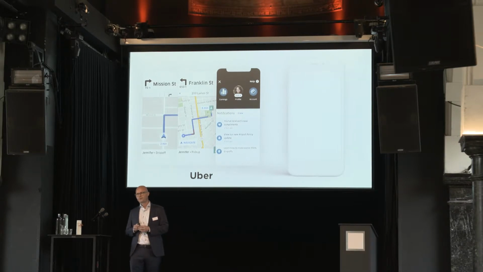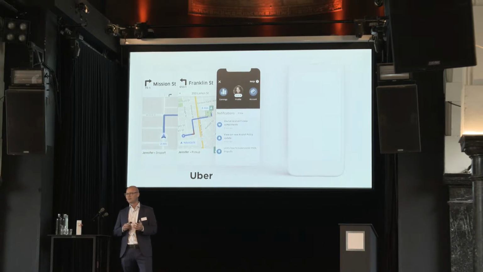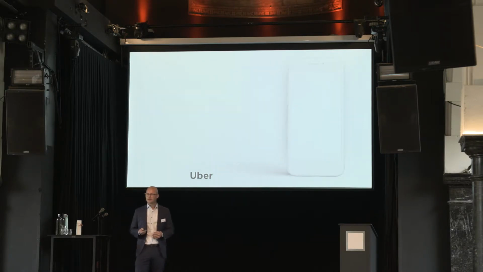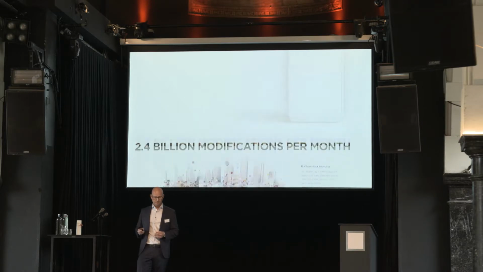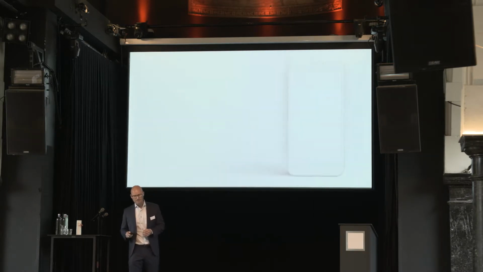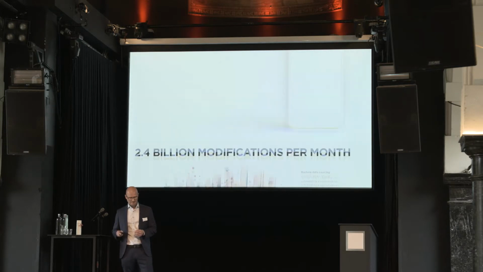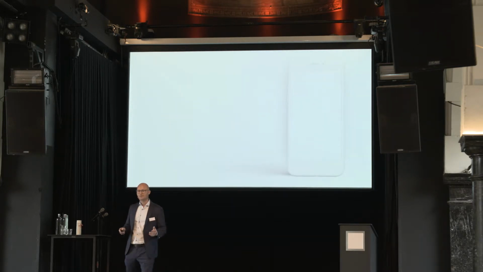They have also created some interface between the driver and the rider to have some kind of interaction, also to get some stickiness for the driver to use the Uber application. So we put that in as well. And basically what comes out of it is the Uber driver application, which is being used by millions of